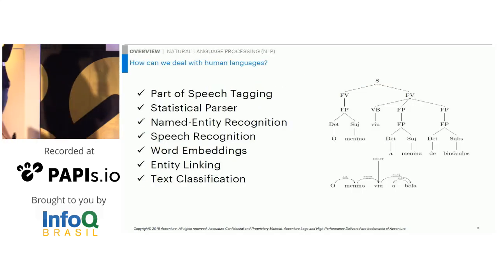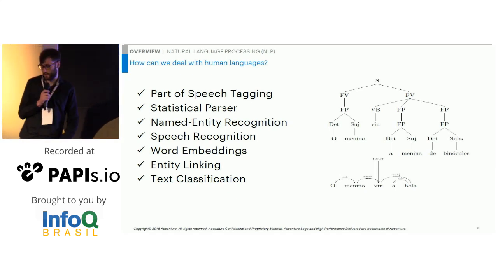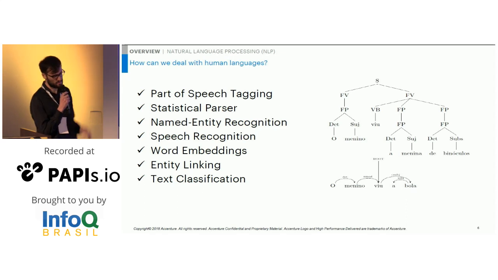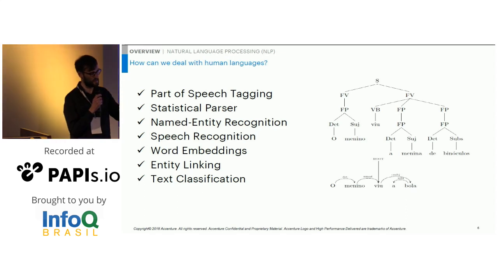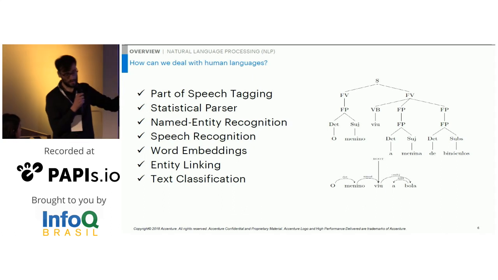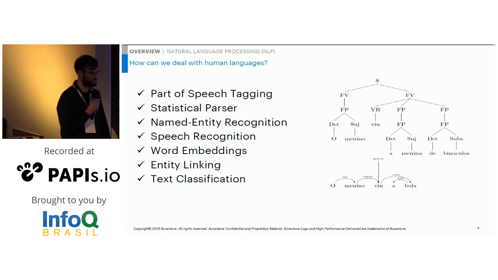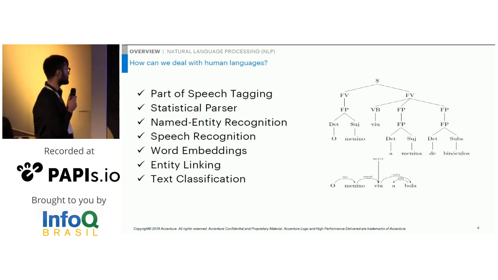So let's talk a little bit about human language and natural language processing. Natural language processing is a big area, basically divided into main tasks. Natural language understanding, these are the main tasks here, and natural language generation: chatbots, translation, speech to text, and other things. But we will not cover natural language generation here.